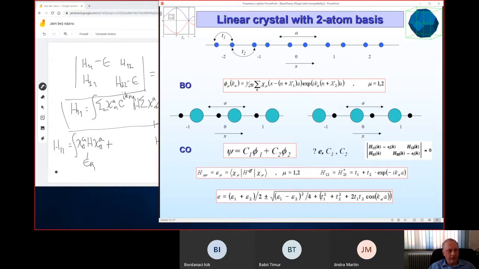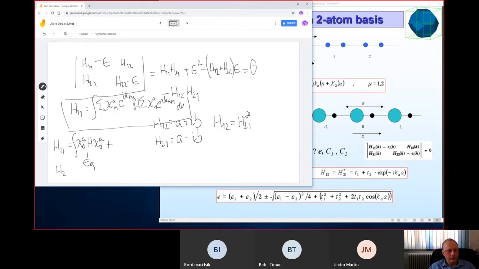The same applies for H22. It is just the energy of the b orbital, but the off-diagonal matrix elements are, let's say, integral, and now we have